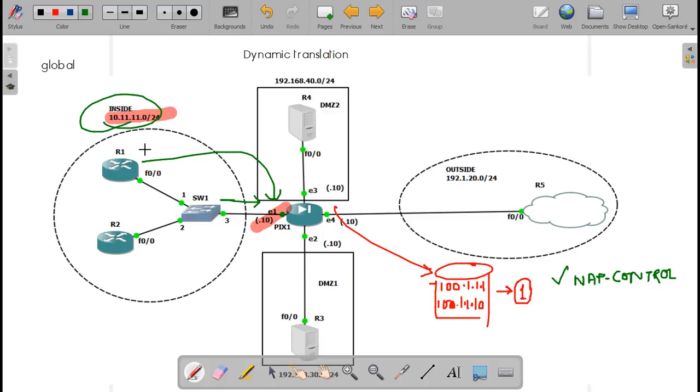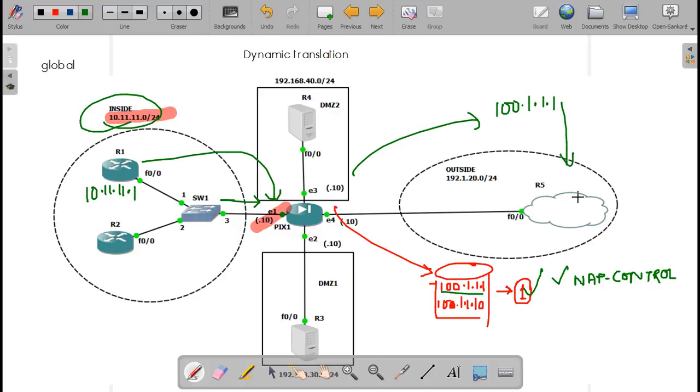Use pool. So this host will be given an IP address from the pool. Say the first IP, first come first serve. It will take the IP. Which IP? 100.1.1.1. And will reach R5.